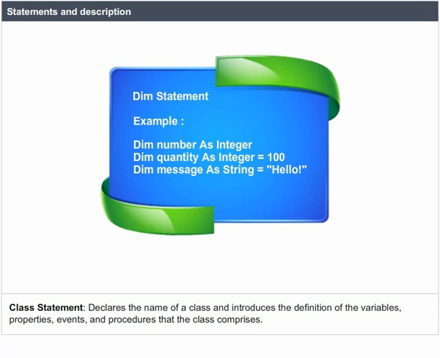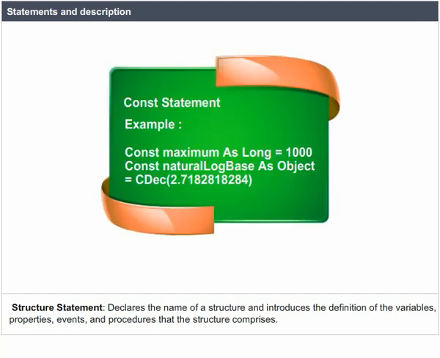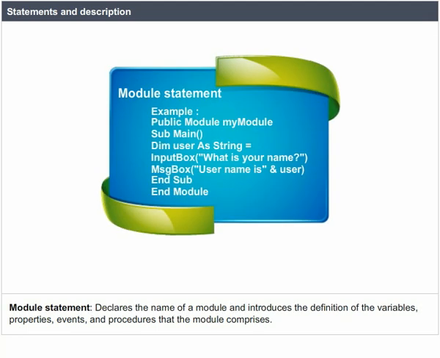Statements and description. The Class statement declares the name of a class and introduces the definition of the variables, properties, events, and procedures that the class comprises. Example: The Structure statement declares the name of a structure and introduces the definition of variables, properties, events, and procedures that the structure comprises. Example: The Module statement declares the name of a module and introduces the definition of the variables, properties, events, and procedures that the module comprises. Example: